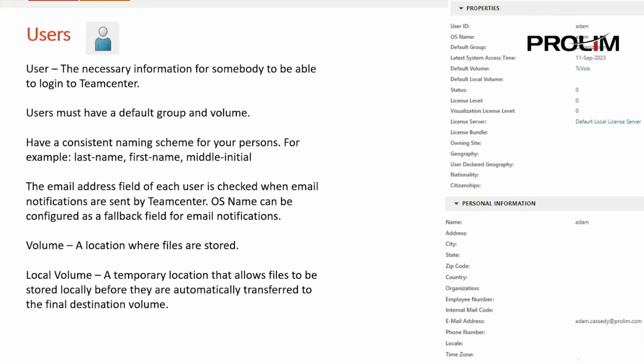There's the volume and the local volume. So a volume in Teamcenter is simply a location where files are stored. This is really part of the Teamcenter server architecture. It's just a place on a hard drive that the Teamcenter server has access to where all of the data is stored. And by the data, I'm referring to files that users have uploaded for Teamcenter to manage. These are encrypted and there's various other things going on with it, but